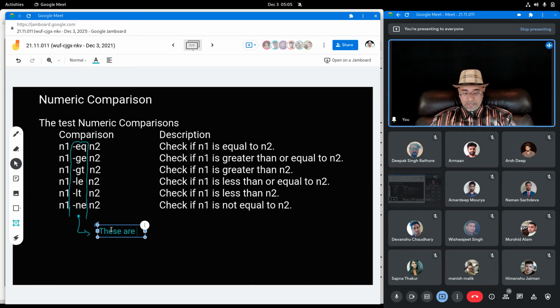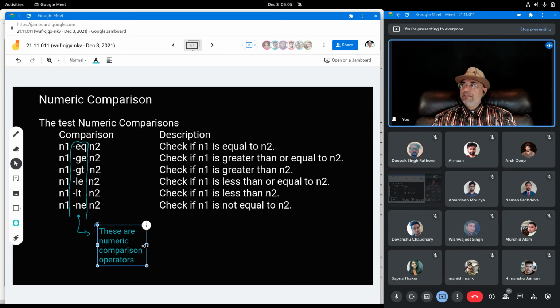These are numeric comparison operators. Numeric comparison operators. Now, variables in shell scripting do not have any data types. But when you use these special operators, -eq, greater than or equal to, greater than, less than or equal to, when you use these operators, then